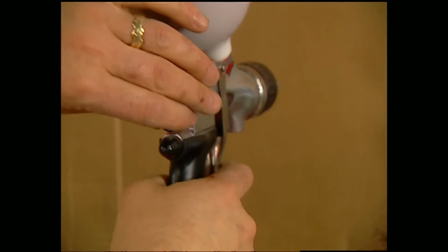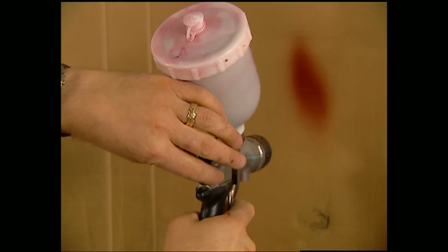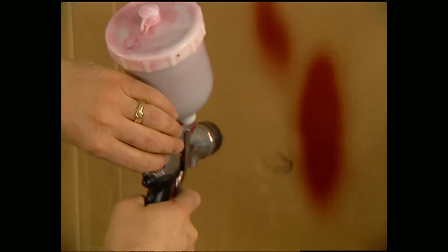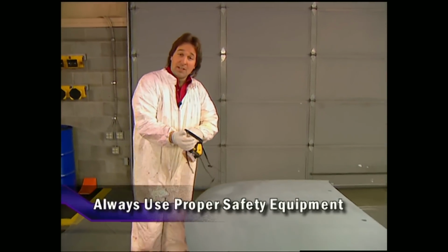The lower knob controls the mixture of air and paint. Turn it in, and you get more air and less paint. Turn it out, and of course, you get the opposite. Now, I generally set it in about halfway, but this is subject to change depending on the materials used and the shop conditions. Now that you have an understanding of the controls of the gun,